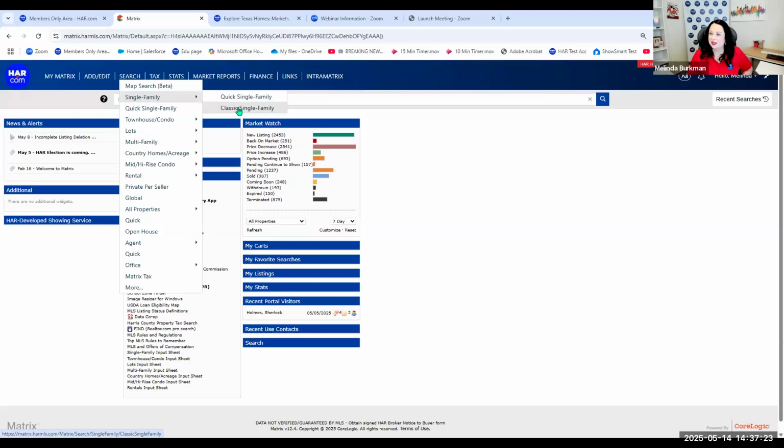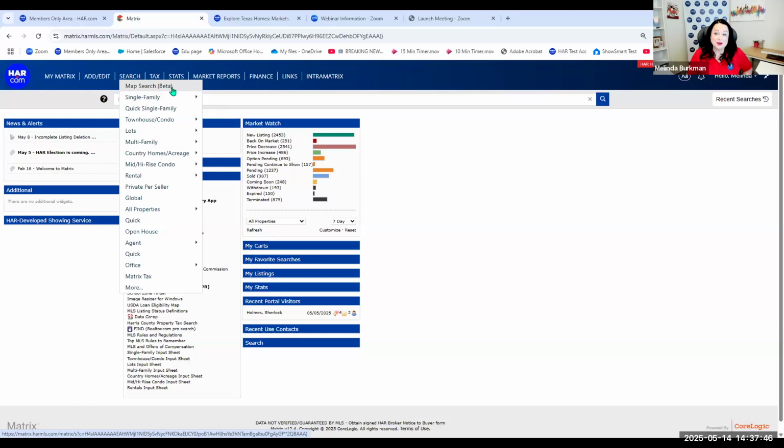Okay. I just like to note that some of the newer features that might be coming, the technology is there to add them to map search beta. Okay. It might not be as easy to add them to quick and classic. It's a little bit older technology. So we're going to be working on augmenting map search so that you get some new cool tools.